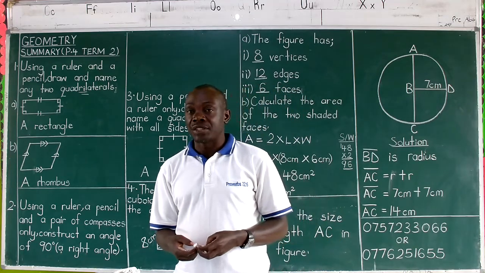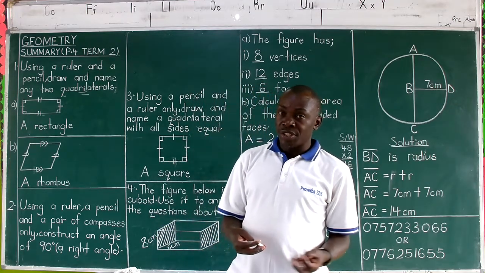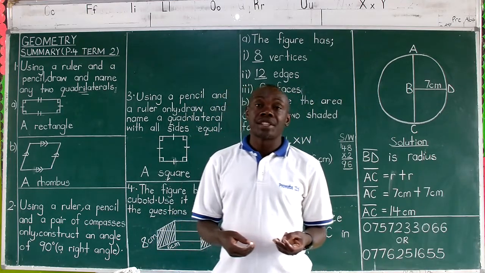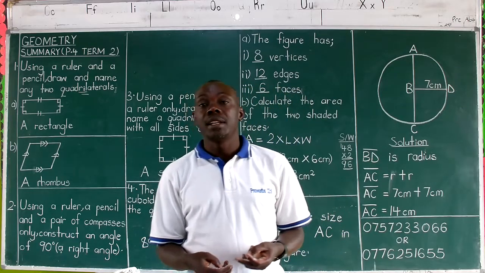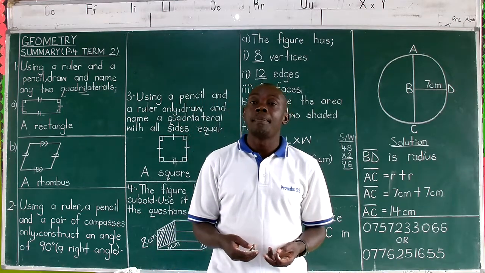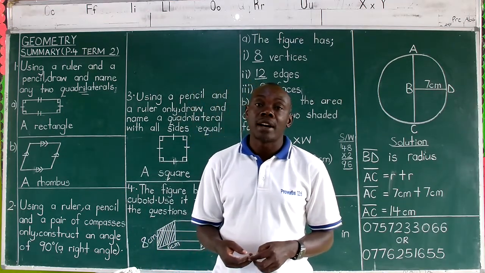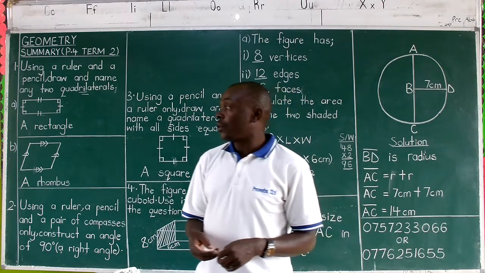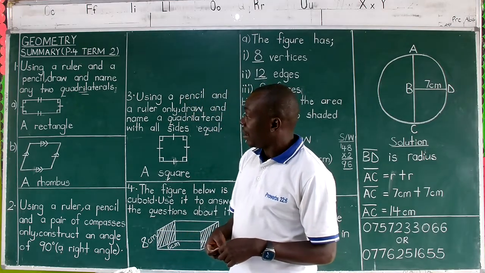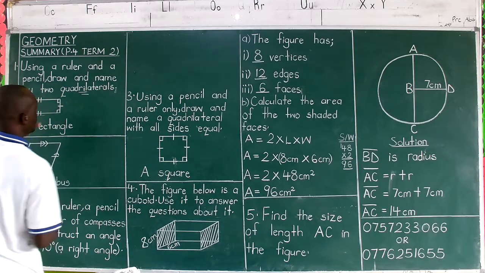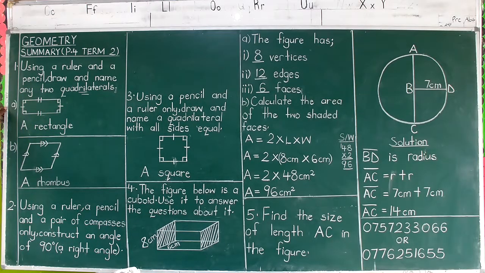You can choose a square, which has got all sides equal. You can as well go for a rectangle. We can also choose a rhombus. If not a rhombus, we shall go for a parallelogram. Someone can opt for a kite or a trapezium. So those are the 6 quadrilaterals which you can choose from. Draw any 2 of the 6.